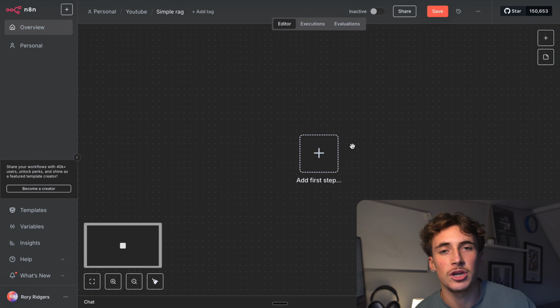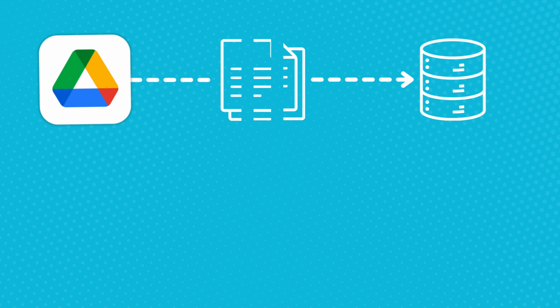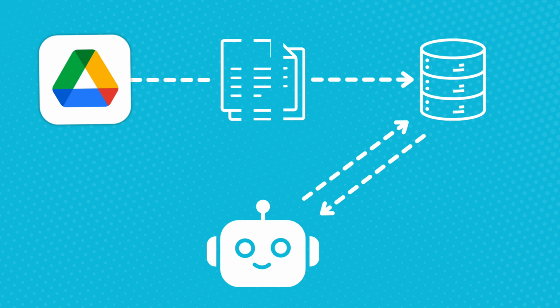So the RAG system in general, from the highest level possible, the simplest way to explain it is basically just your company's documents. Well, in this case it's going to be your company's documents. It can be any documents taken from one external storage, something like Google Drive or Dropbox, and then chunked up into small pieces by an LLM, put into something called a vector store, and then your AI agent could be connected up to that vector store and it can just query it with pieces of information that it wants to